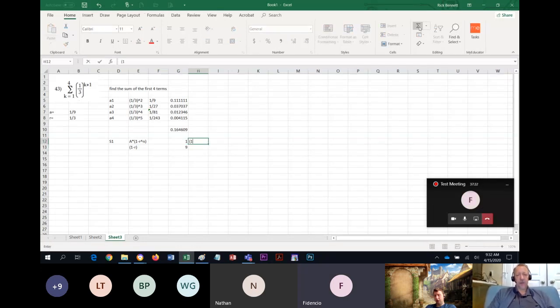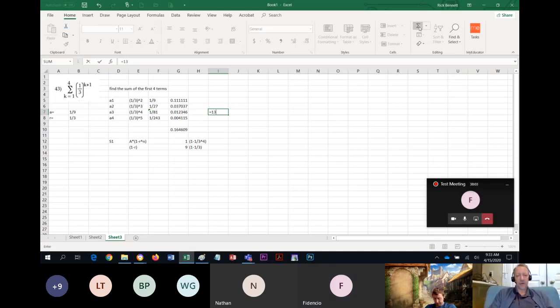And this is going to be 1 minus 1/3 to the 4th power over 1 minus 1/3. And so 1/3 to the 4th power, I'm pretty sure, equals